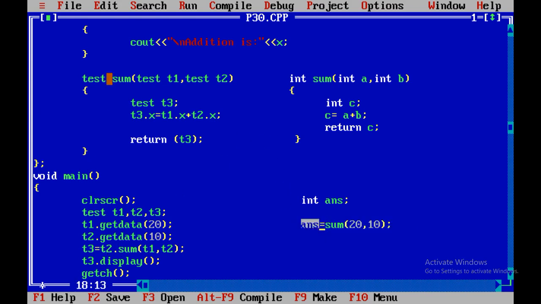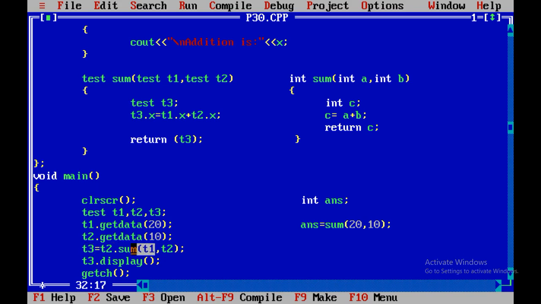Similarly, this function is going to return an object, so I need to call it with the help of an object. Instead of answer I am going to use t3, because this particular function returns the value as an object. So here I have called the function with the help of object t3.